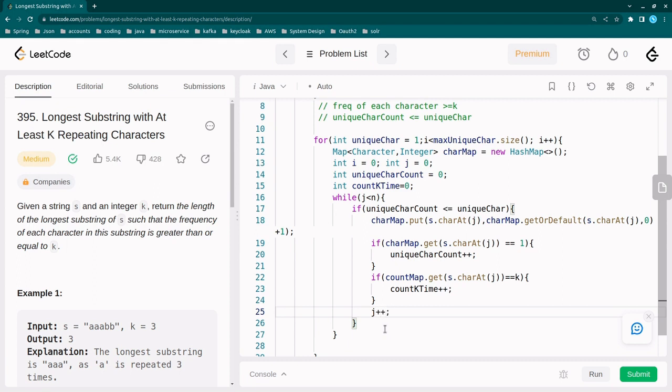And here we have to increment j plus plus, or else we have to shrink if this condition is not satisfied. Like if unique char count is greater or equal to max unique char, in that case we have to shrink the window. So in the char map we will simply put s dot char at, so we have to remove the ith element,